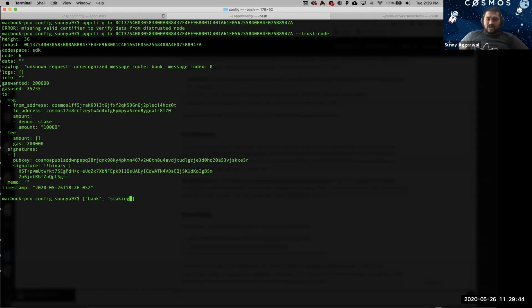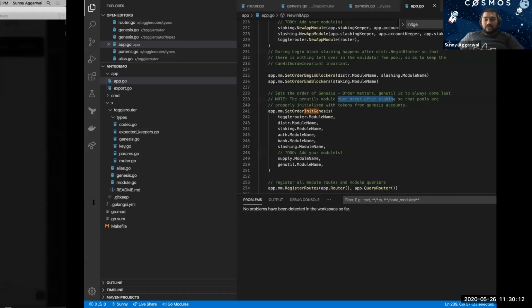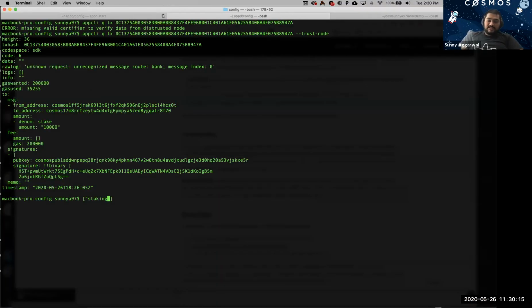Eventually, this is something that's not in the router right now, but another example of something you might want if you want a more customizable router is for every message type to have its own router. Currently, as we saw, all staking module messages have their route called staking, and the further dispatching is done in the staking module handler. Maybe what you actually want is the ability to say that staking/delegate is a separate route than staking/